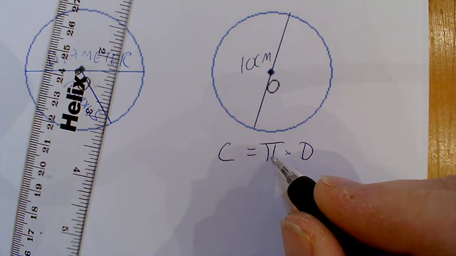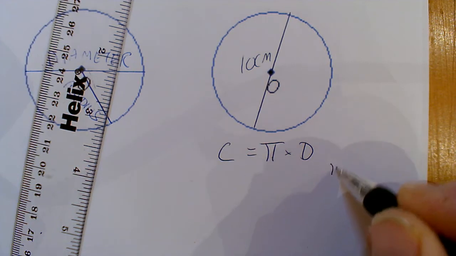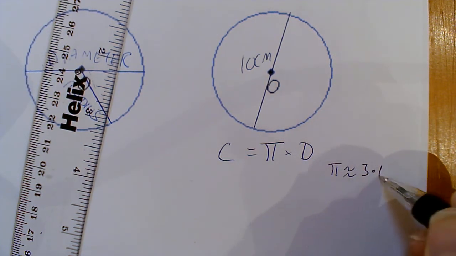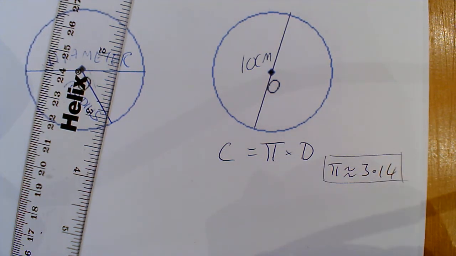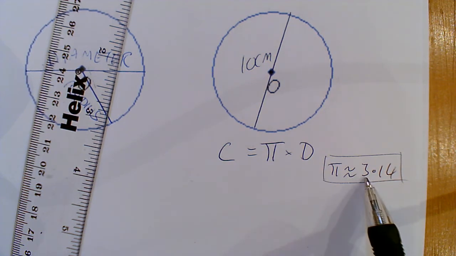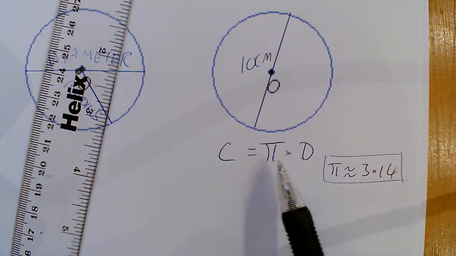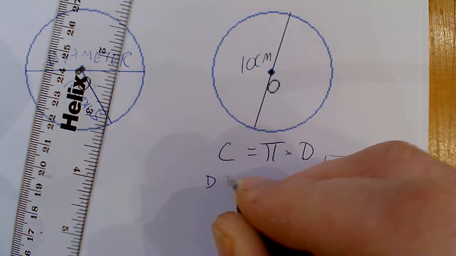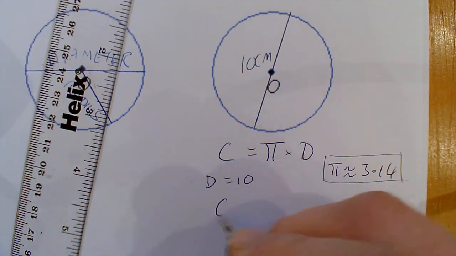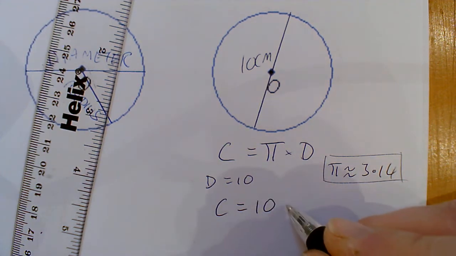Okay, pi is a number. Pi is about 3.14. If you've got a scientific calculator, wonderful, and you can just use pi from your calculator. But if you haven't, that isn't an excuse not to do these questions, because you can just use pi as 3.14. Okay, now to work out the circumference then, you literally multiply the diameter by pi. So here, if we identify that the diameter is 10, therefore the circumference is 10 times pi,